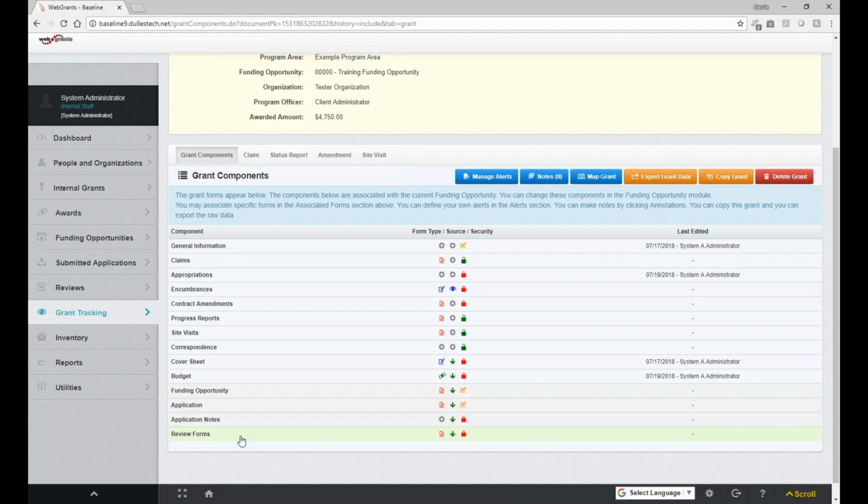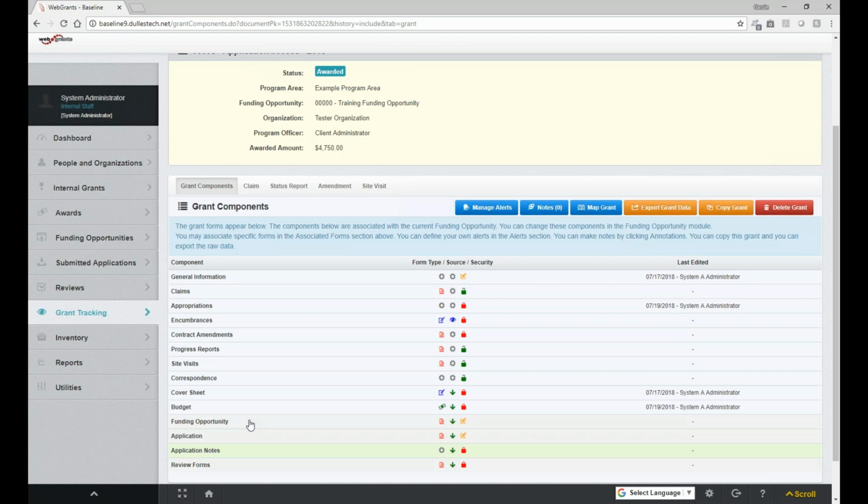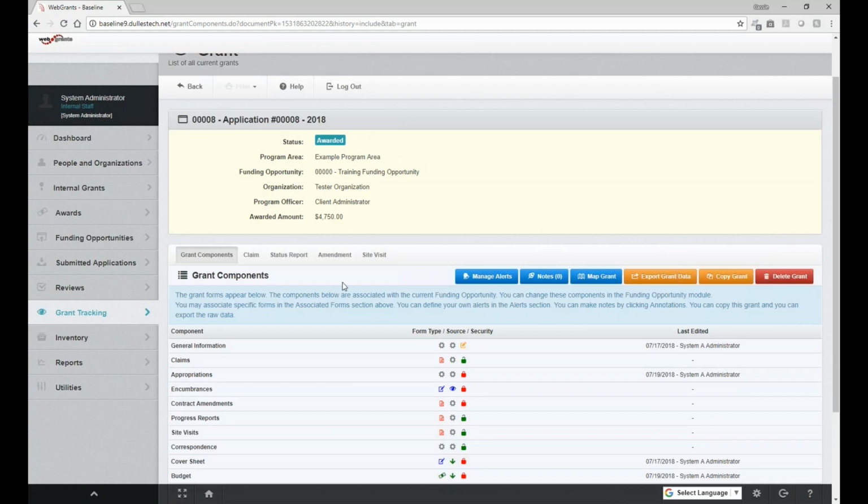Now let's go to the middle of the screen. You will also have other options on each grant as well. For example, you can create grant alerts. That's manage alerts. You can also copy a grant. You can make notes or map that grant. You have the ability